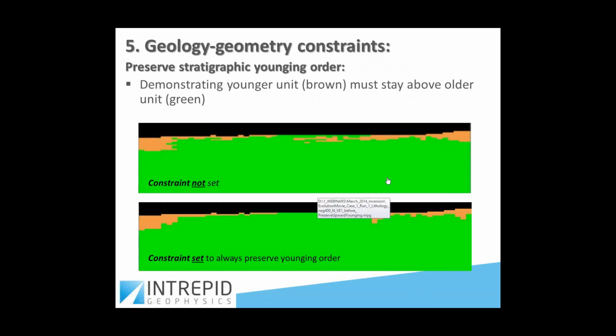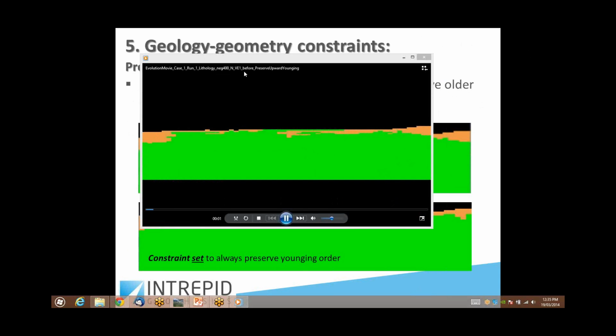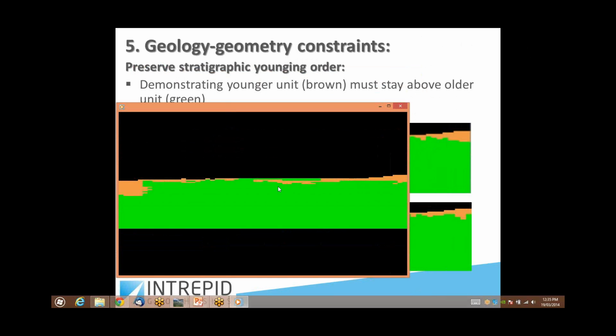And finally, one to mention is that we can decide to set a provision called preserve the stratigraphic younging order. And what this means is, and it's demonstrated in just a simple 2-unit geological model, with this particular constraint not set, I'm running a movie now, it's showing that the younger brown units are allowed to creep underneath the older